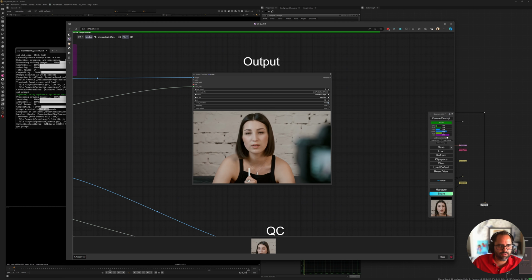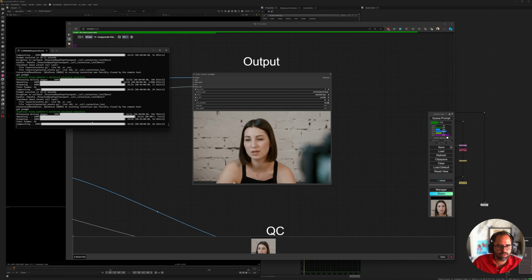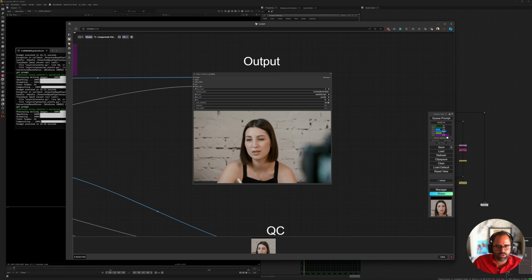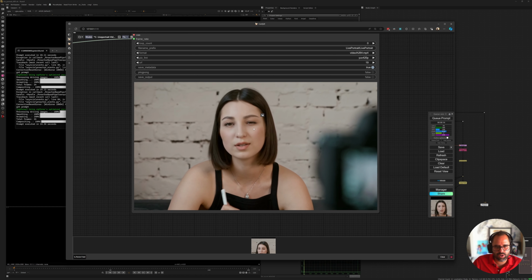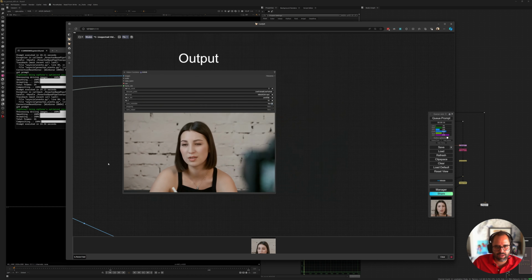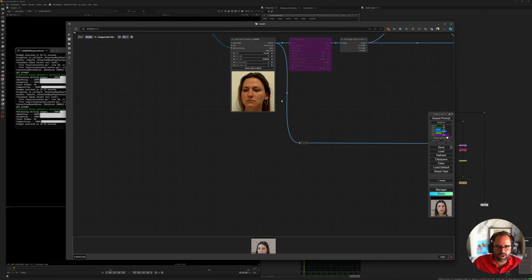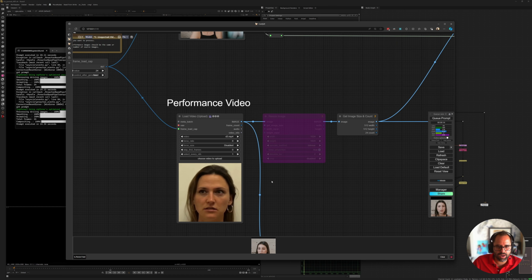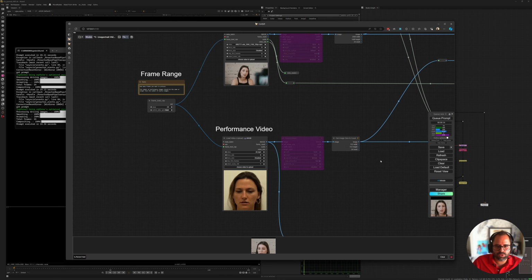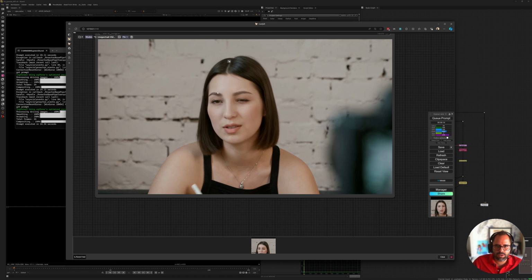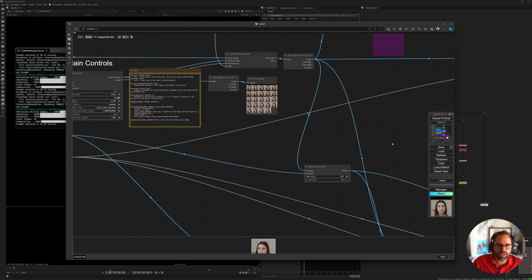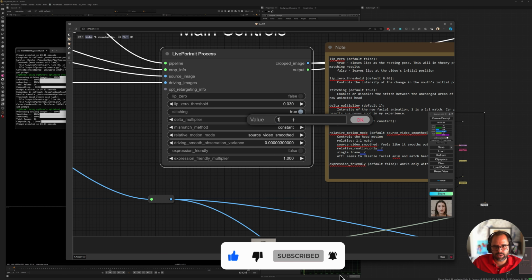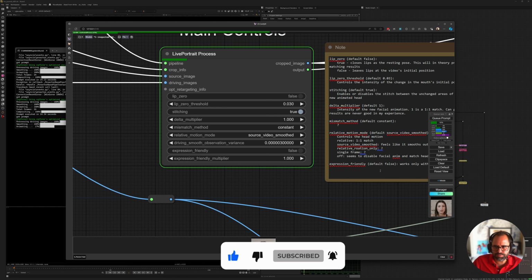See, it's very, very fast. Again, it's all happening here. Almost done. So you see, there's a hint of her closing the eye. If we look at the driving video for those 24 frames, it's actually showing us way more than that. She's actually closing her eyes more. There you go, so she's fully closing her eye. And if we look at our result, she's barely closing that eye, and that's because we have set the delta multiplier to 0.3. But if I go ahead and set it to 1 and run this again,